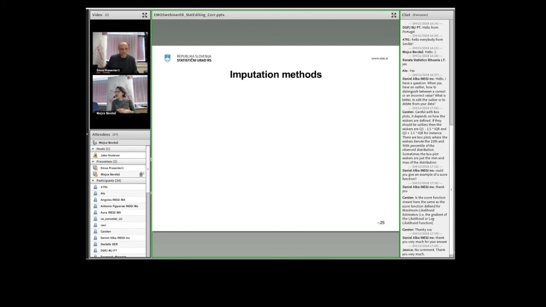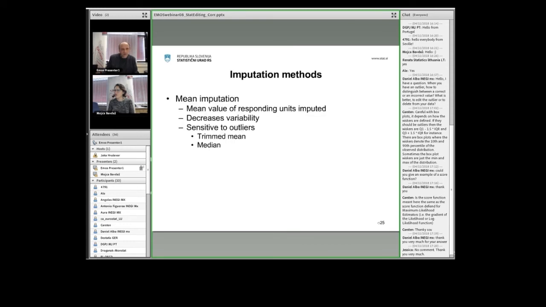Okay, so maybe we can move on to the imputation methods. And then, of course, if you have more questions, please do write them in the chat. We'll dedicate some minutes at the end to the questions as well. Unfortunately, we don't have a lot of time for imputation methods, so I will just list 4 of the methods. There are a lot of imputation methods that are used through the editing process. I just listed 4 which I think are most commonly used in official statistics.